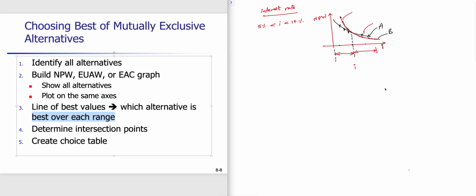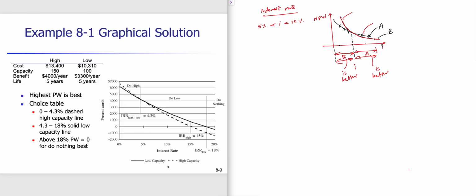For this range, like I said, option B is better. B is better. For this range, option A is better. So we have to plot. And we'll see some example problems. For example,